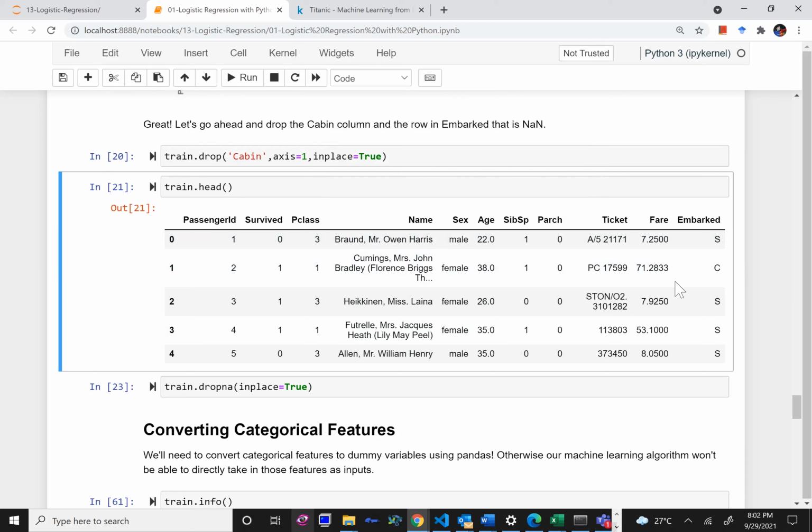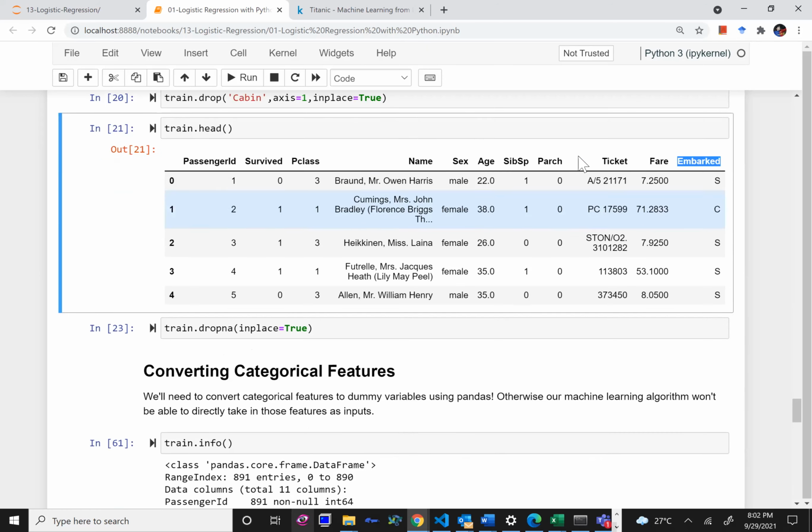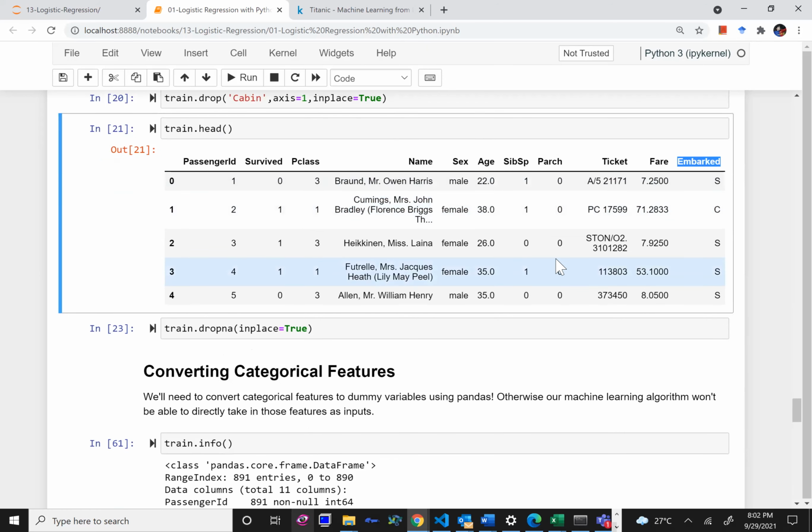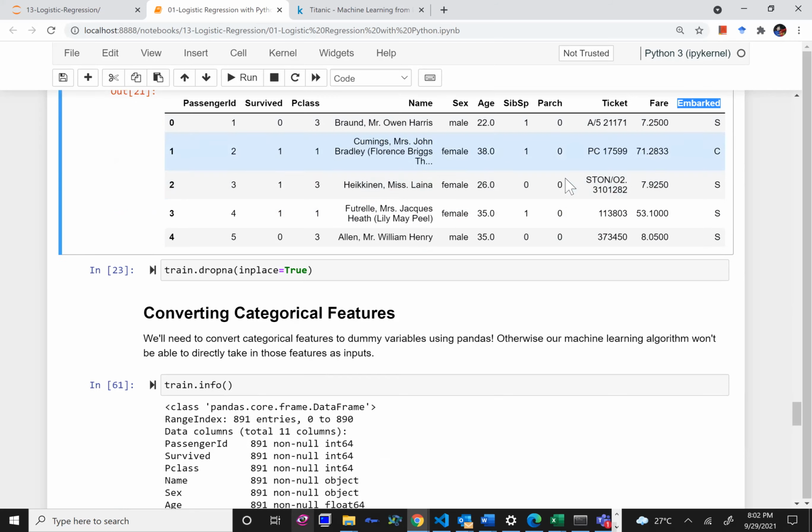Because we have only 3 stations, I can use one-hot encoding. If it is Southampton, S is 1, and for C and the other it's 0, 0. We'll convert all these strings or English words into meaningful mathematical representations which can be used by our machine learning algorithm.